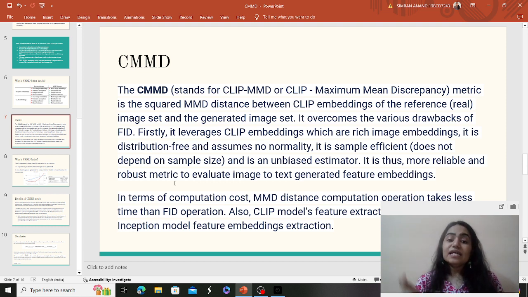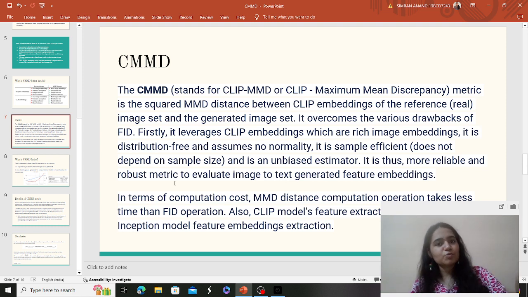So when I'm saying image to text, or when I say text to image, there are different models as such, as you might be aware. So text to image, you're giving a text prompt and then you're expecting the model to generate an image for you. That process is stable diffusion. You might have come across or heard of stable diffusion, right? So when you're giving a text prompt and you get the image corresponding to the text prompt, that is the stable diffusion process, which is text to image.